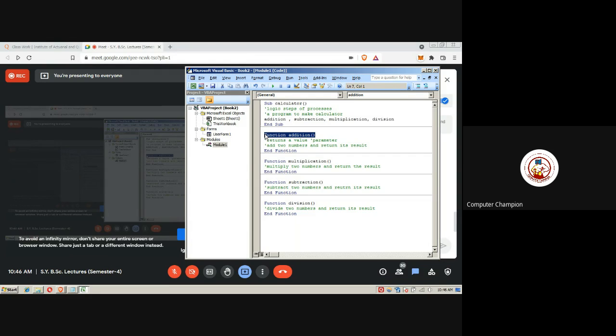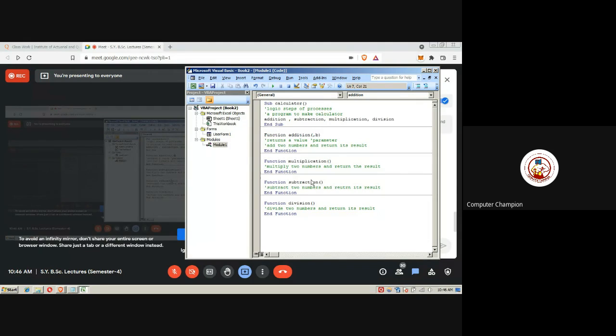If I say function addition, what will it add, right? If I call a function multiplication, what will it multiply? I have to pass a parameter here, right?